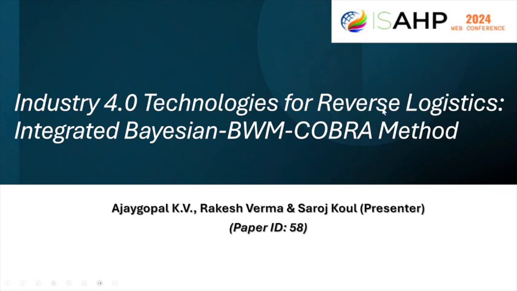The other term is reverse logistics. And the third term, which is of particular interest to us, is an integration of the Bayesian best-worst method and COBRA method. So we will look at decision making through an integrated method of two things. And we will work on the Industry 4.0 technologies, and we will look at what happens in the reverse logistics